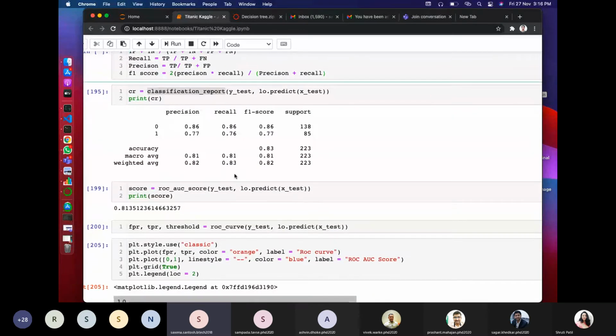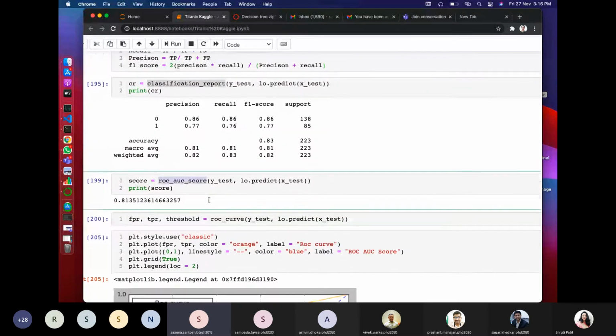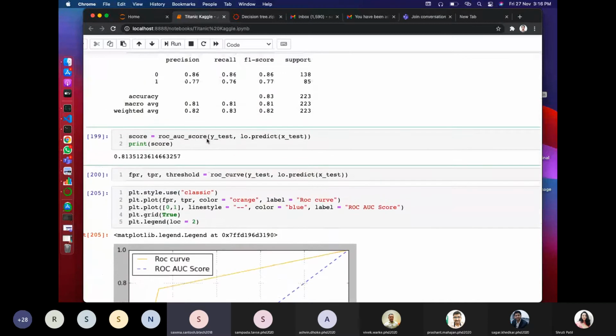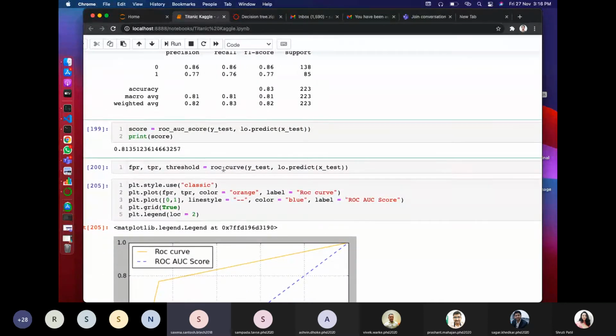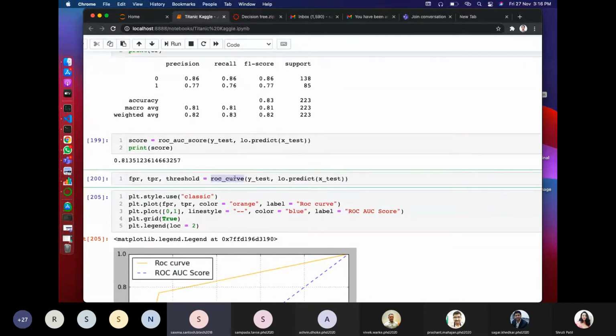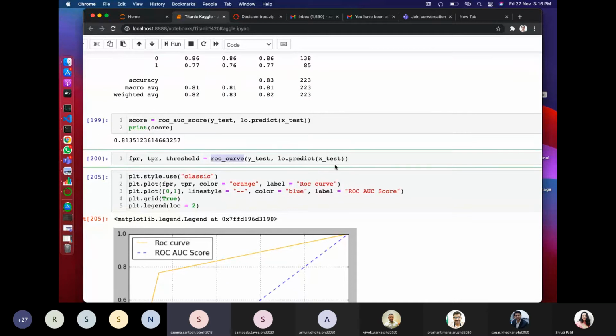Now we will try to find the area under the curve which we have generated. This is nothing but the score we get from these values. Next, we will draw the curve for the values we got. The ROC curve function generates the values according to our model, and they are stored in these variables.